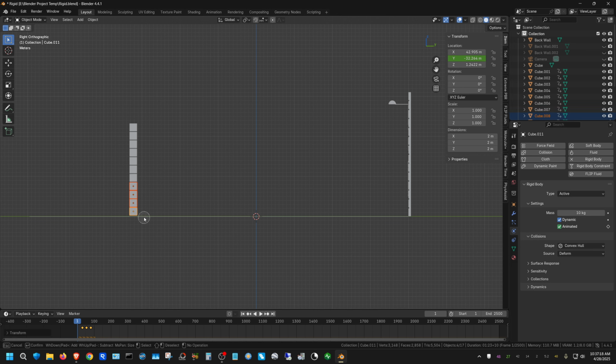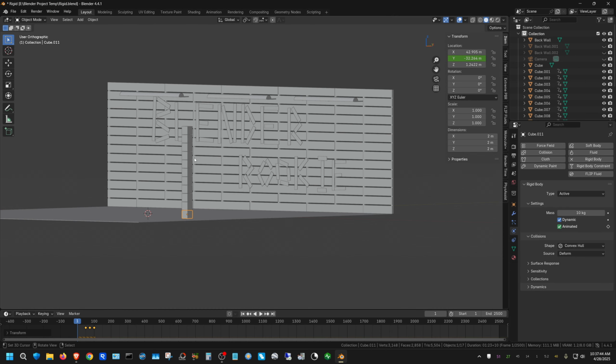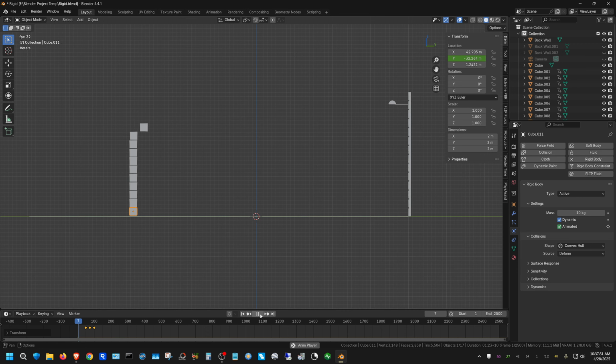Repeat this for each remaining cube: grab 5, enter. Alright, I got that, it basically has all of them launching five frames apart from each other. Like if I press play,